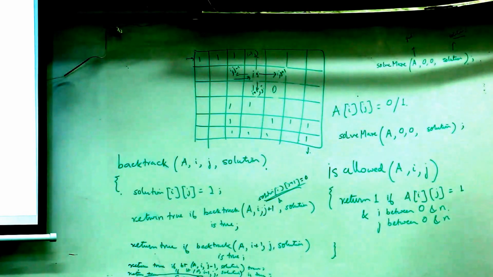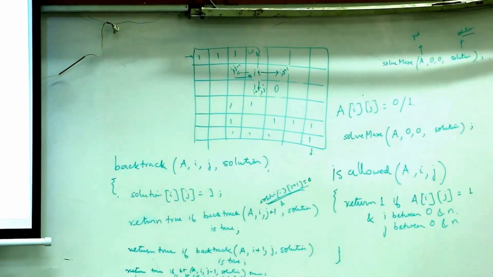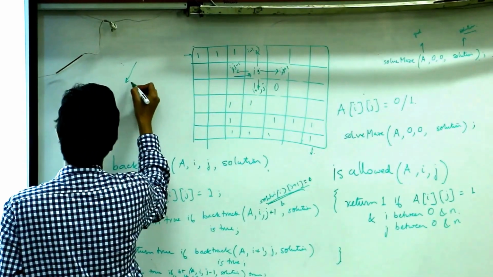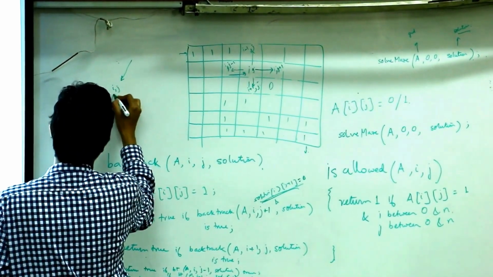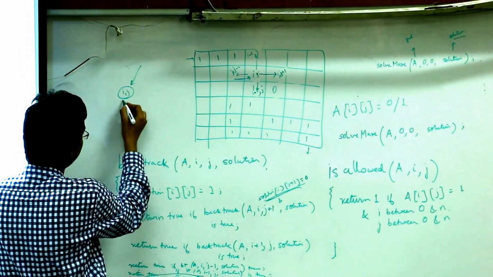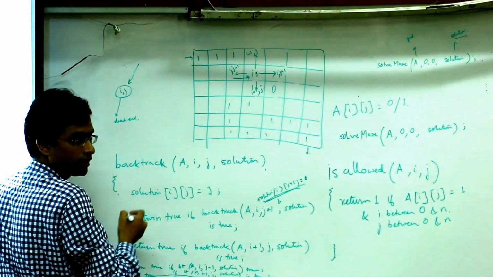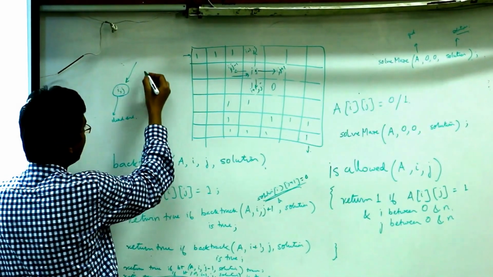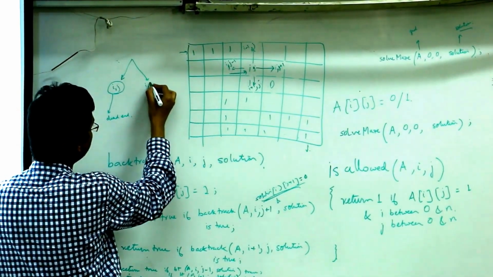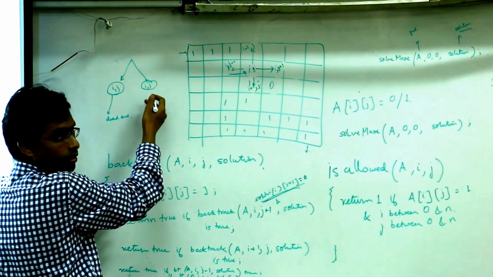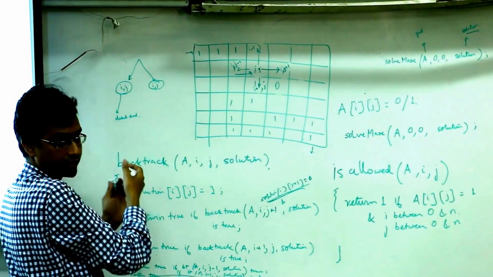You won't get stuck eventually, because you will again come out of that. So what you are saying is that you have calls which lead you to a solution, maybe some cell ij, and from there you came to know that this is a dead end. Then you did a backtracking, and from another path you again came to ij. And then what you are saying is, okay, then why do we explore ij again? Because you already know that it's a dead end.